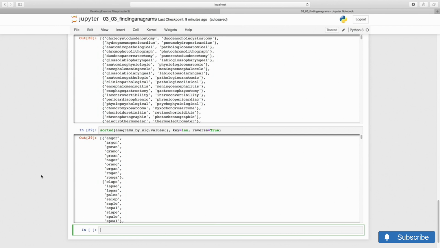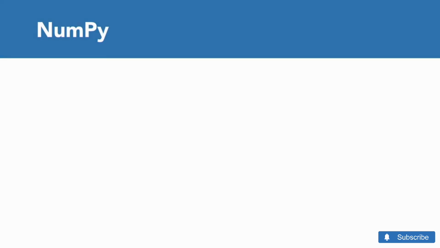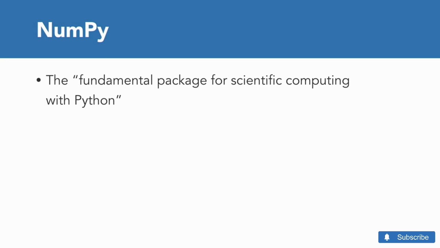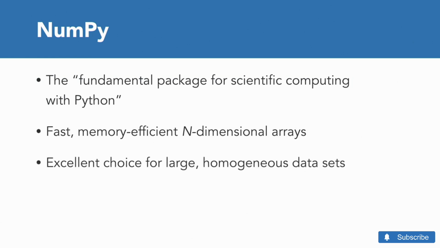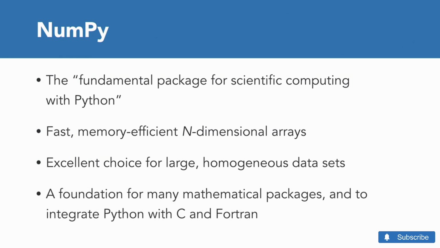Next, let's put what you learned to good use and take on a challenge, again about wordplay. In this chapter, we introduced NumPy, a third-party package for Python that extends the language with multidimensional arrays that are fast, memory efficient, and that can manage very large datasets. NumPy is an important part of the Python ecosystem, and it has become a fundamental package for data analysis and for any kind of mathematical application with Python. Let's talk about how NumPy arrays are different from Python containers, such as lists.